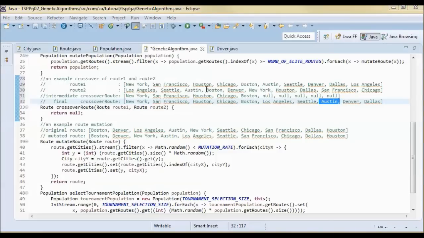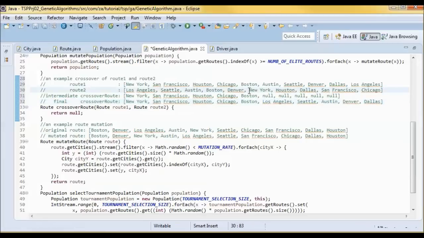And then we check if Boston is in here, and it is, so we skip it. We check if Denver is in here, and it is not, so we add it.